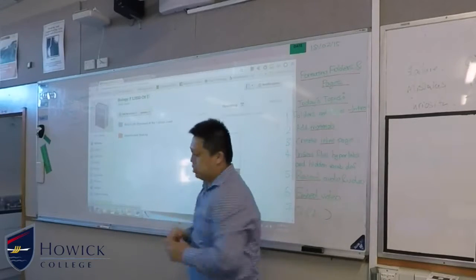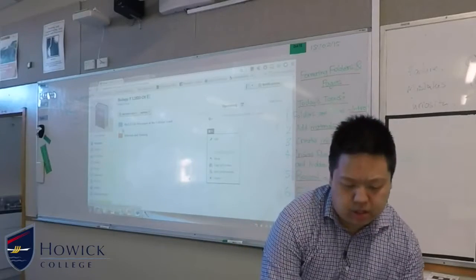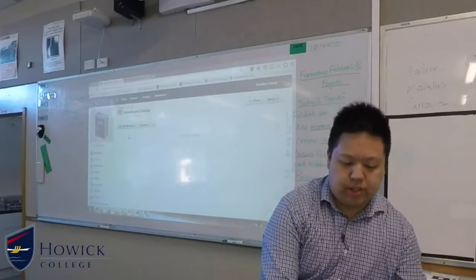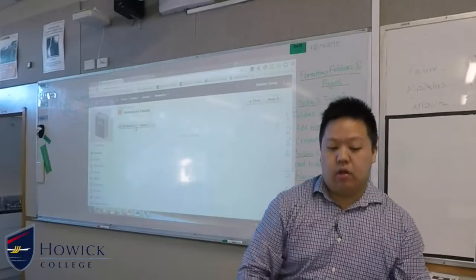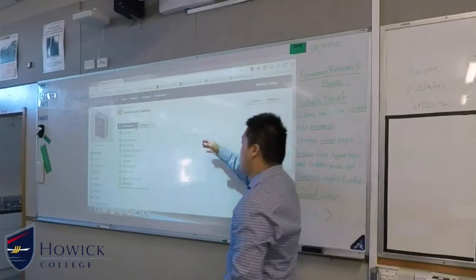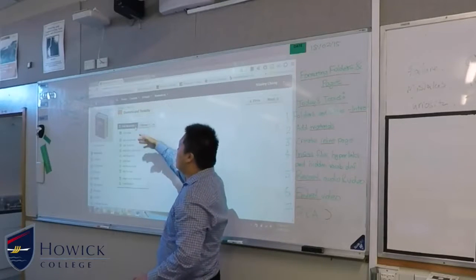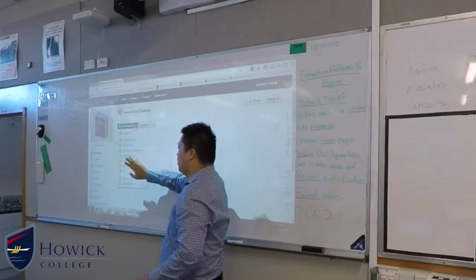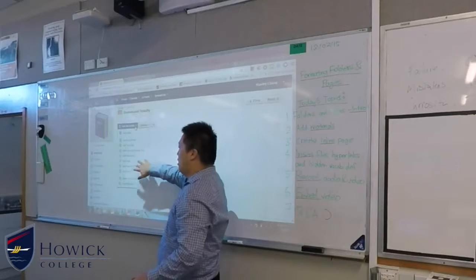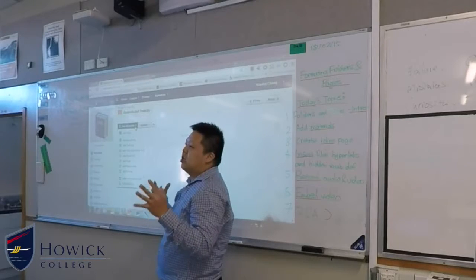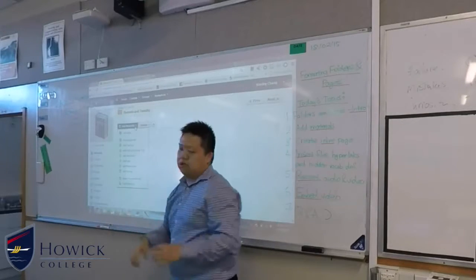Okay? So if you've got anything that you want to alter with the folder, this is the place to go. Okay? So what I'm going to do now is I'm going to go into my folder and click it. Boom, and it says add material again, right? Now, in this case, you can add multiple things. So again, you can add another folder within another folder. You can add text, files, etc. Now I'm just going to try to add something called a page, okay? A page is just any kind of information you want to show to the kids, okay? So I'm going to add